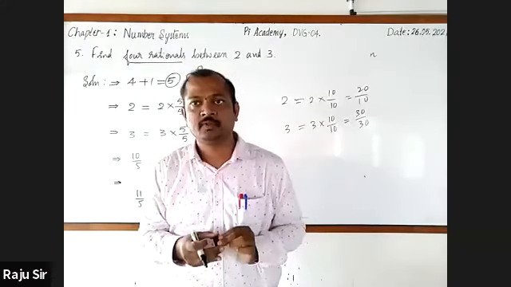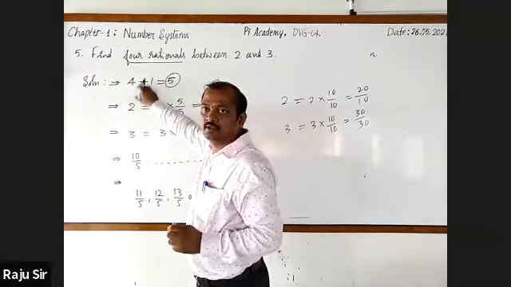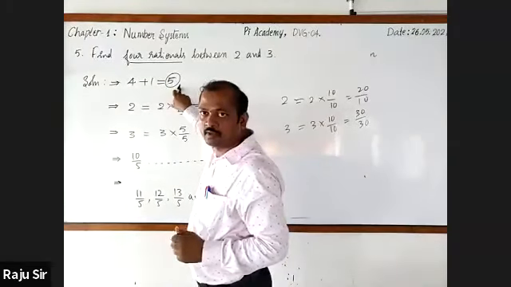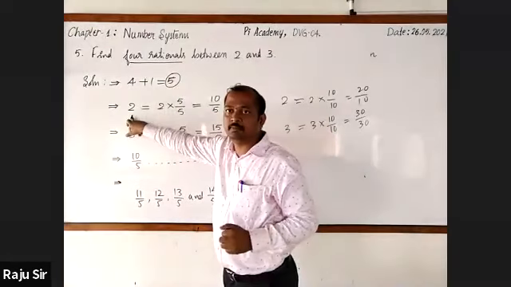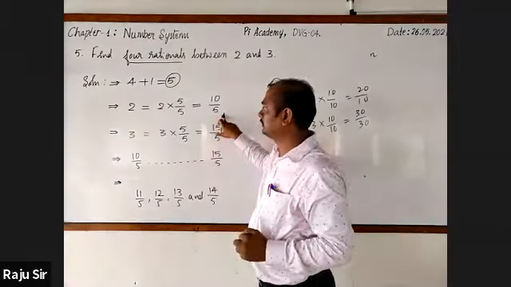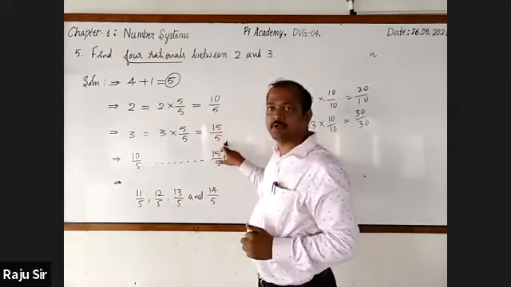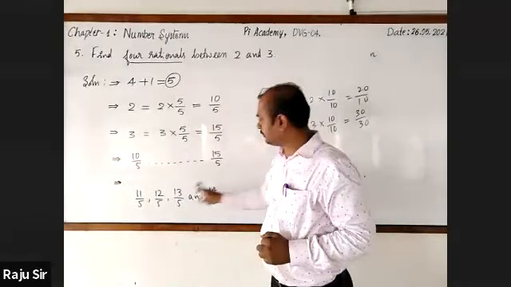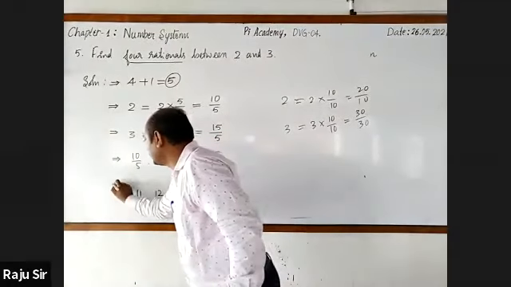To give one pattern to all students, I have followed this. 4 are asked, add 1 to that, you will get 5. Then multiply 5 by 5 to the given number, you will get 10 by 5. 5 by 5 to the next number, you will get 15 by 5. Between these two, more numbers are there, but we want only 4.